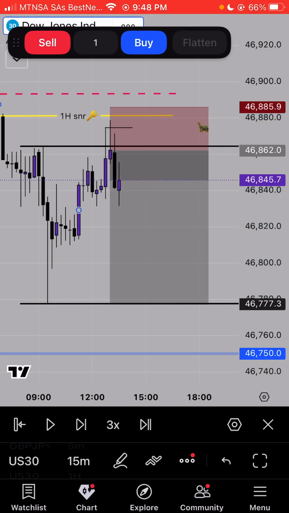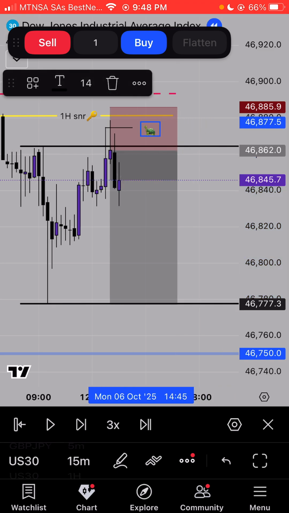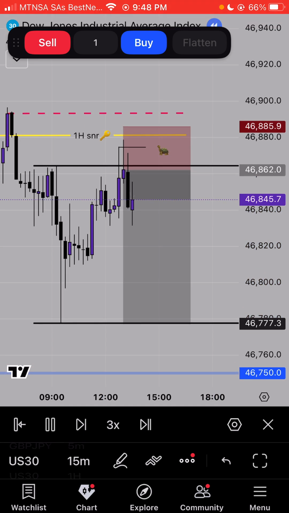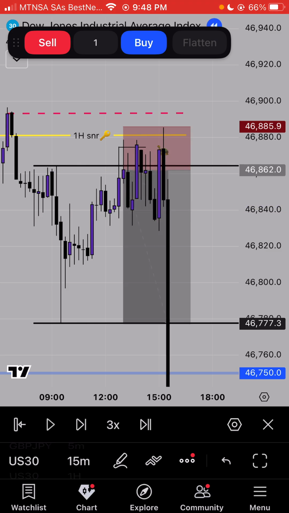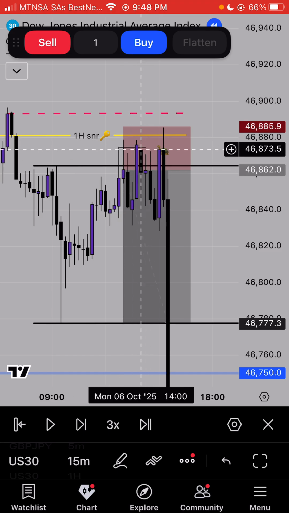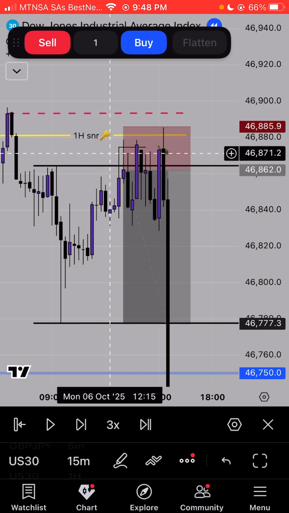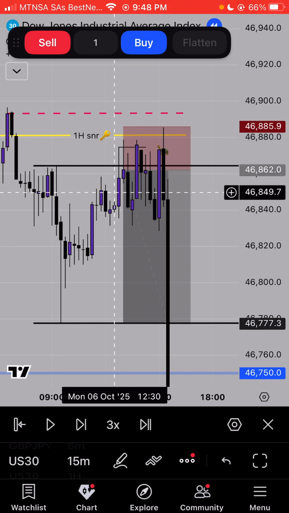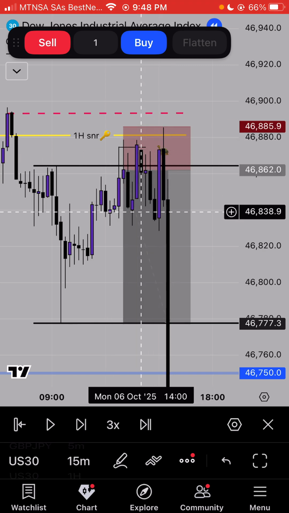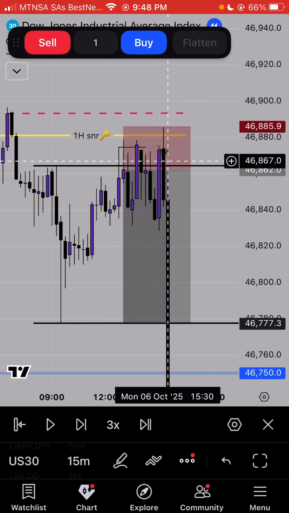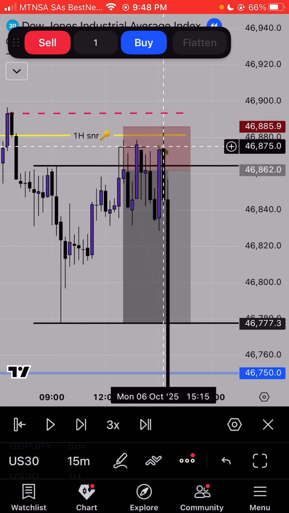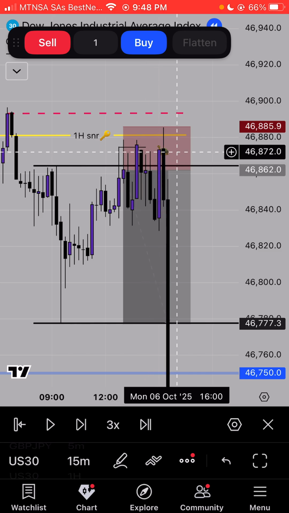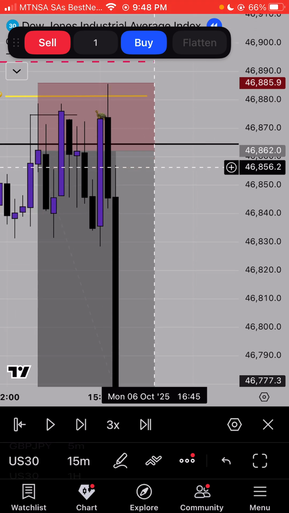As you can see here, I have my turtle marked out, and then boom, it went for TP1, and then it pushed up aggressively. So if you had moved to break even, it would have stopped you out, and then basically it came back in your range, and then went out. So you would not have gotten a proper model number two right here, and I would not have re-entered this one right here, because this is technically